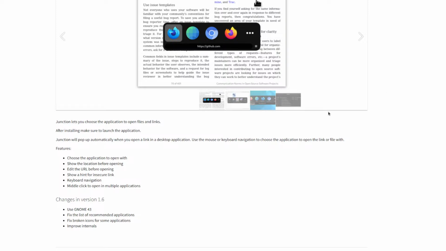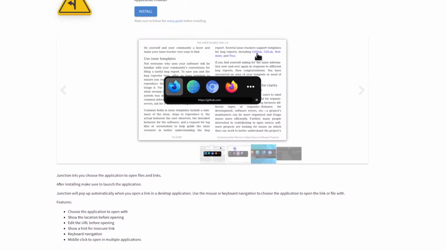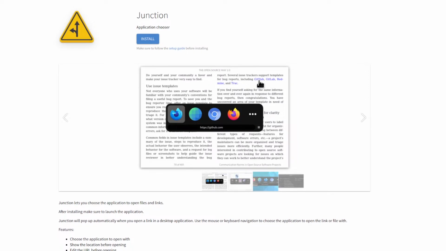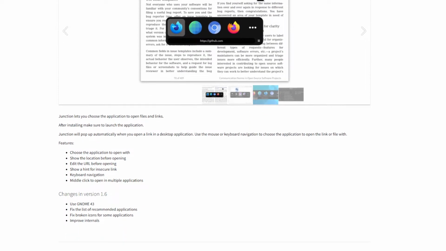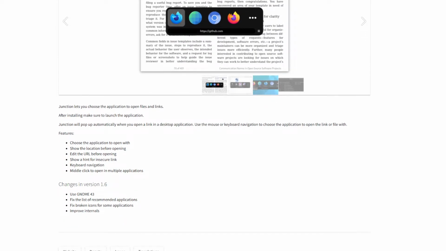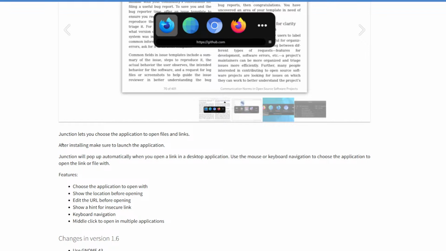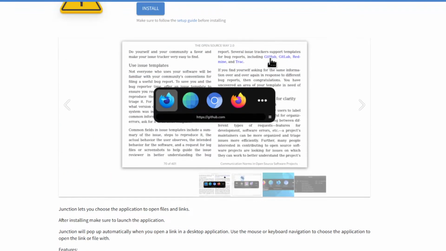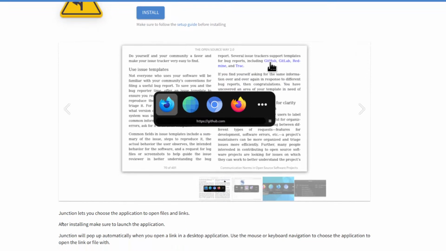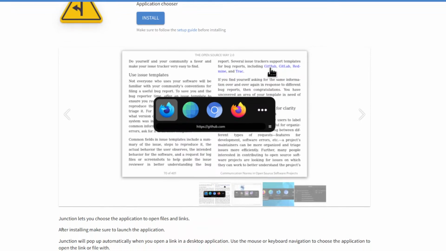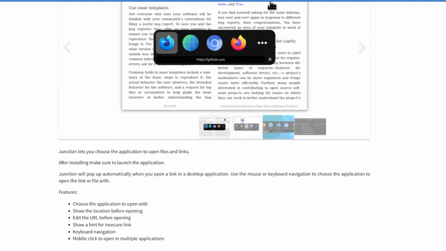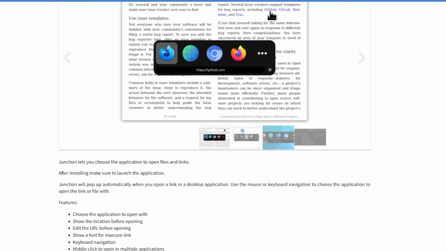It's an application chooser. It's very GNOME specific, of course. But say you install your favorite text editor, like VS Code, that sets itself as the default for literally everything from opening files and everything. Well, what this application does is every time you try to open a file or click a link that's going to open a web page, it pulls up a menu that displays all of your different web browsers. So you're not always accidentally opening things in Firefox when you actually mean to open them in Chrome. Instead, it gives you an option to pick from. It's like, where do you want to open this?